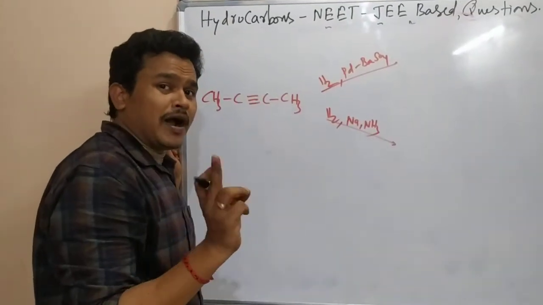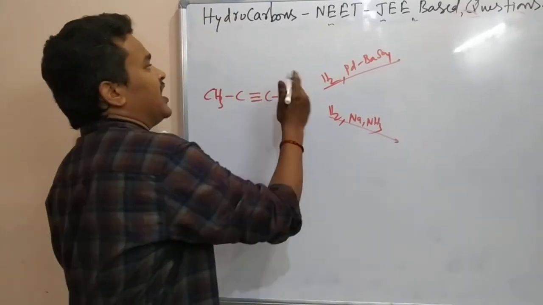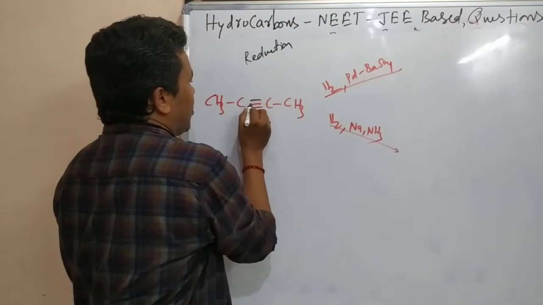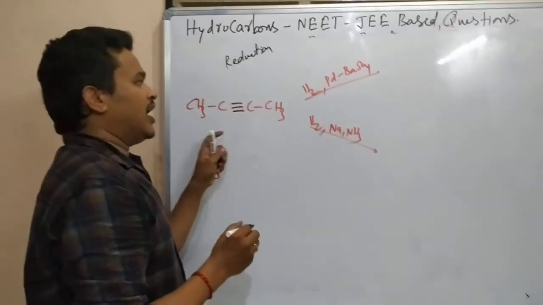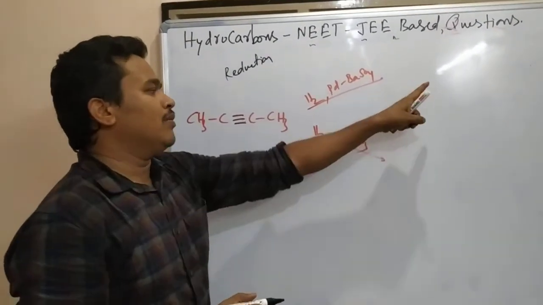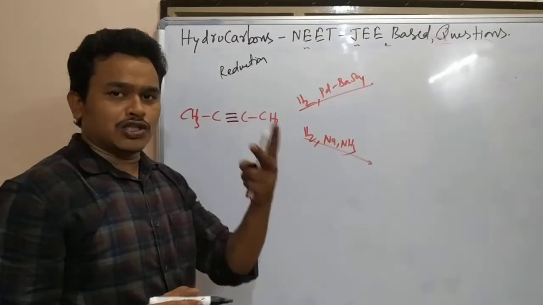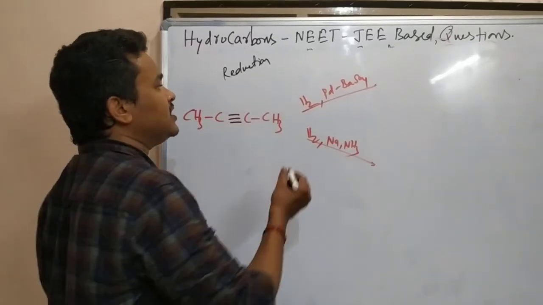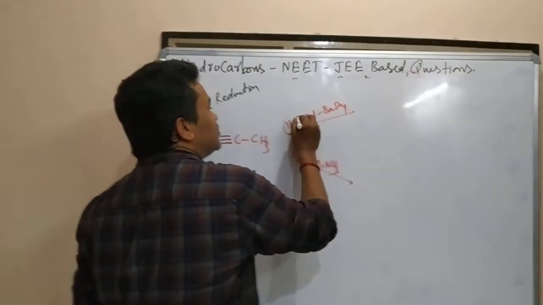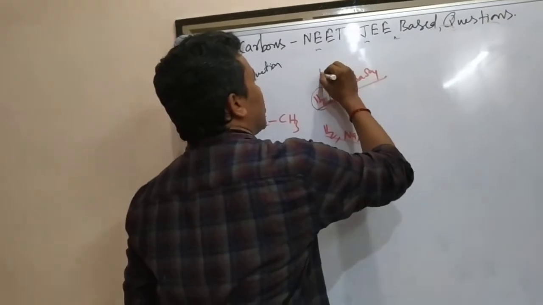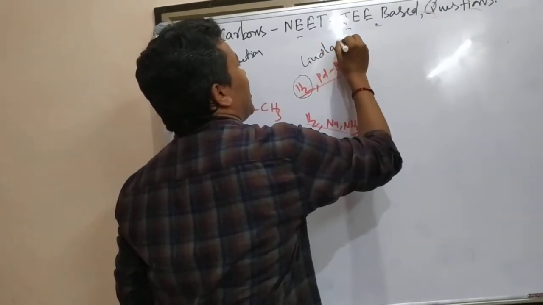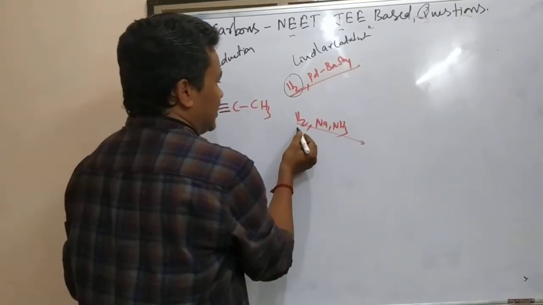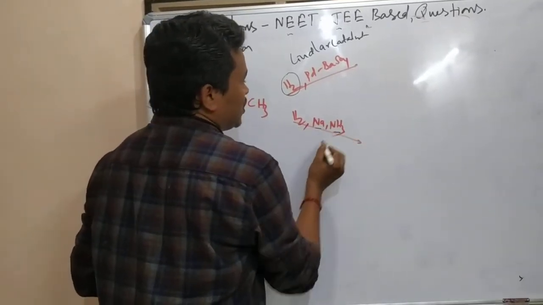Here one more important reaction is this one, reduction. It is a reduction over a triple bond, over unsaturation. We are adding a partial reduction which is going to give a double bond. So in a double bond also we have geometrical isomerism. One is cis, the other one is trans. Remember, whenever adding hydrogen in the presence of Pd/BaSO4, this is called Lindlar's catalyst. This is a repeated question. Lindlar's catalyst.